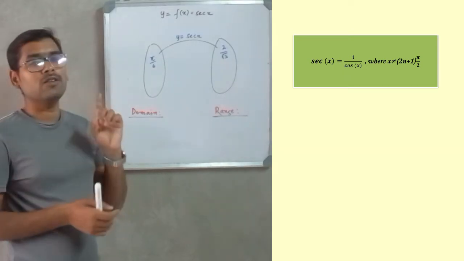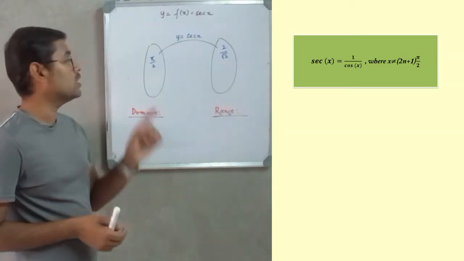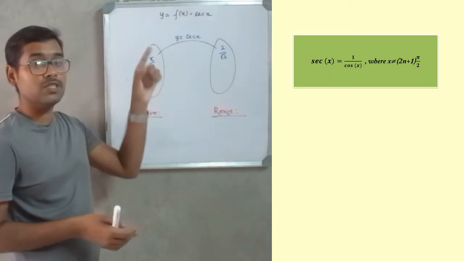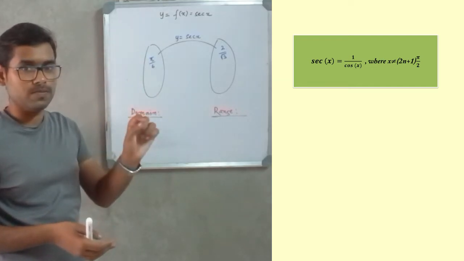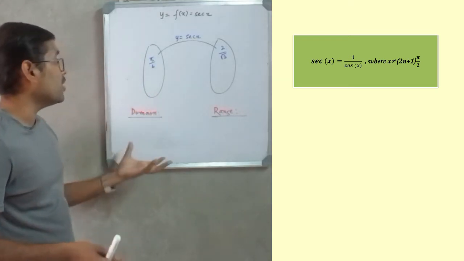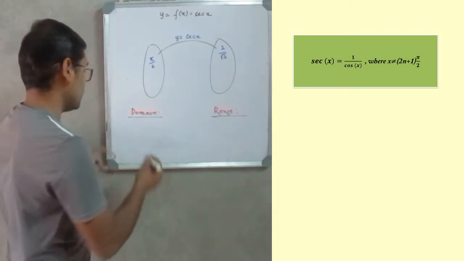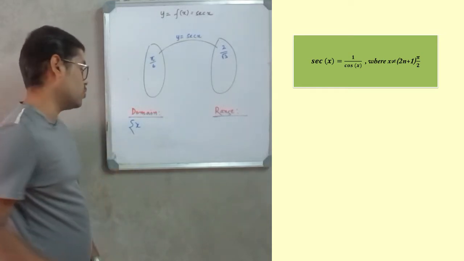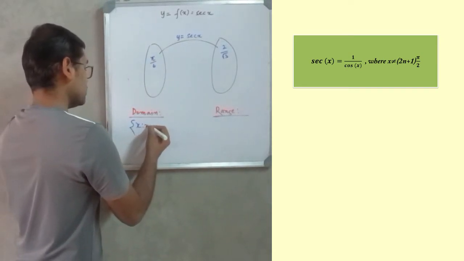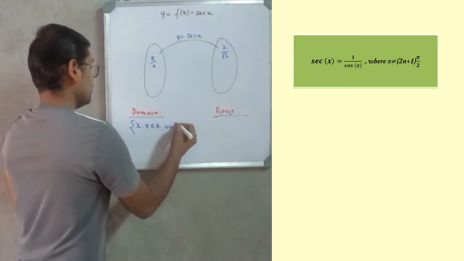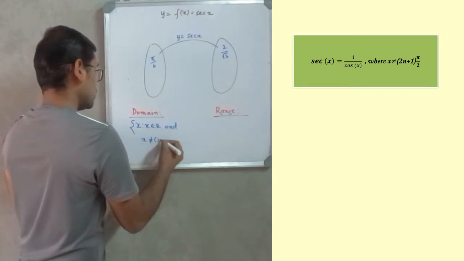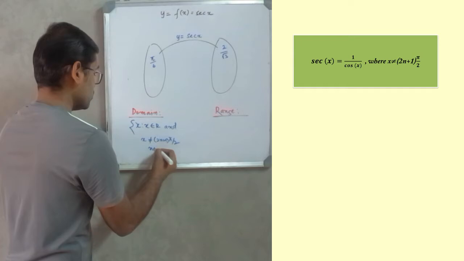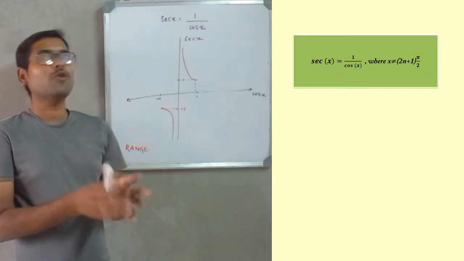Which means if the value of x is an odd integral multiple of pi by 2, then the function sec x is not defined. Why? In that case, cos x will be 0. Sec x, which is equal to 1 by cos x, will be equal to 1 by 0, which is not defined. So the domain of function sec x is the set of all real values except where x is (2n plus 1) pi by 2. So the domain is the set of all x where x belongs to real numbers, and x should not be equal to (2n plus 1) pi by 2, which is an odd integral multiple of pi by 2, and n belongs to integers. Guys, what about the range of sec x?